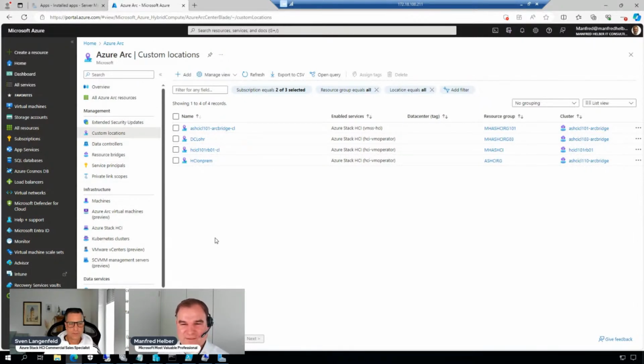Yeah, so if you are as enthusiastic as I am about the resource bridge, maybe it's a good idea to not deploy it today, but wait till next week, because as I mentioned, this is a preview. Microsoft says you cannot upgrade it to the next version. You have to reinstall it. You shouldn't use it in a production environment and so on.